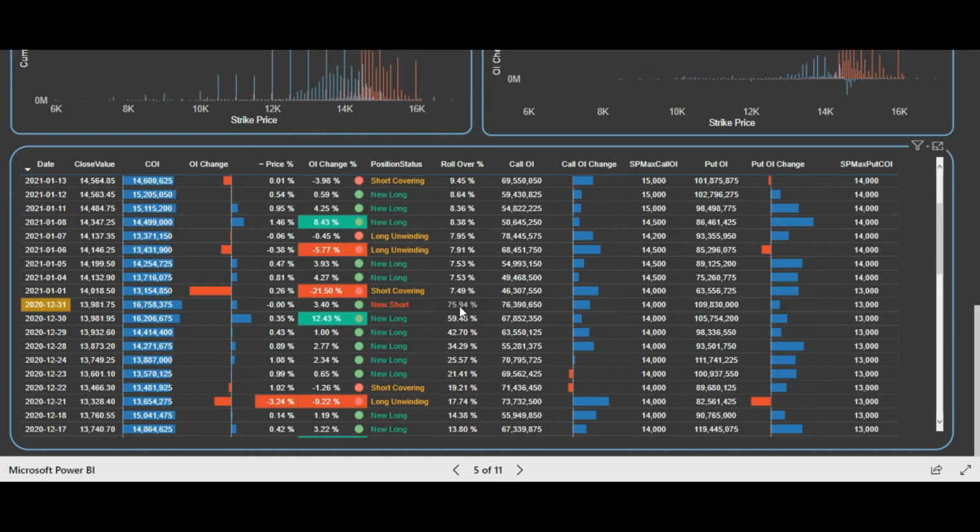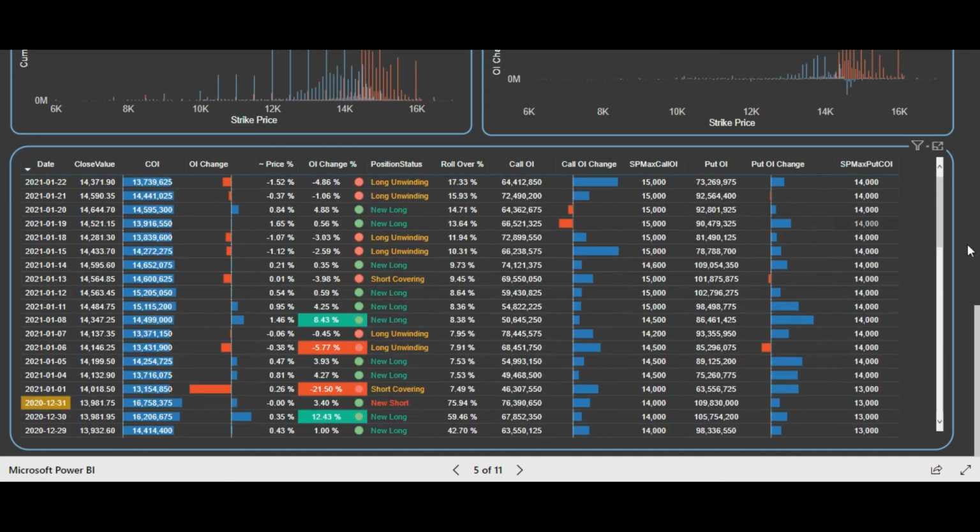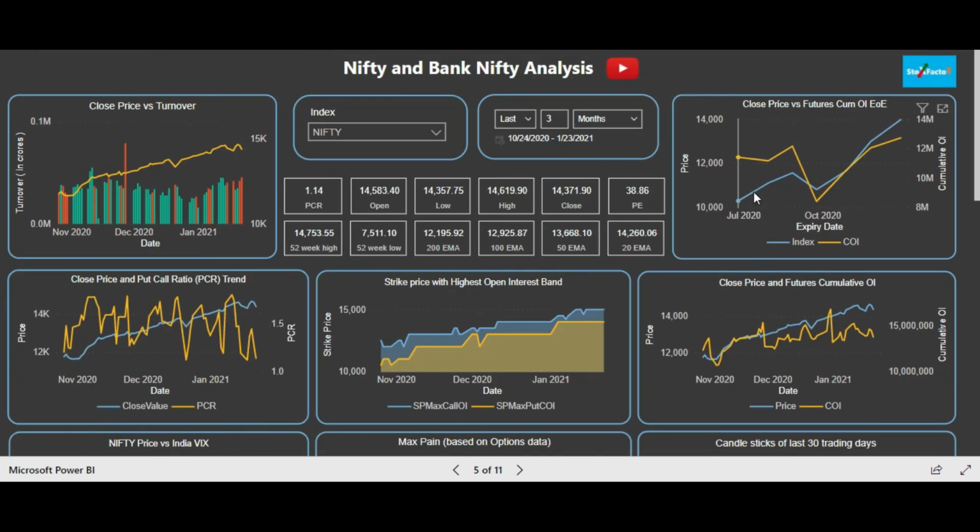So we will go to the top chart, right? So quickly in that chart you can see that expiry on expiry, what is the cumulative open interest. So here you see the trend that the price is going up for the Nifty and the cumulative open interest is also rising. So now you have got the indication that every month the long positions are increasing, right? It's not the same as compared to the previous month. It is increasing, it is in uptrend, and the price is also increasing, and the rollover percentage is similar, right? It's high and it is similar to the previous month's average.